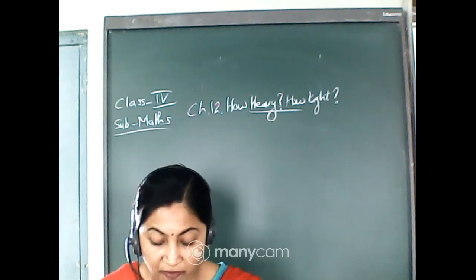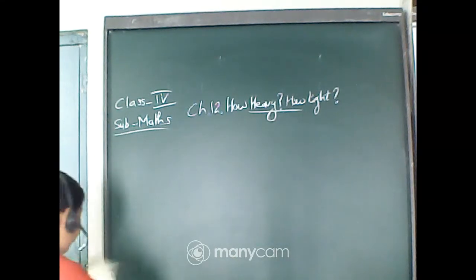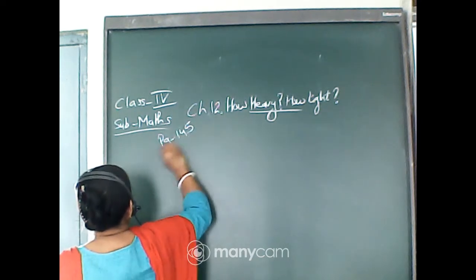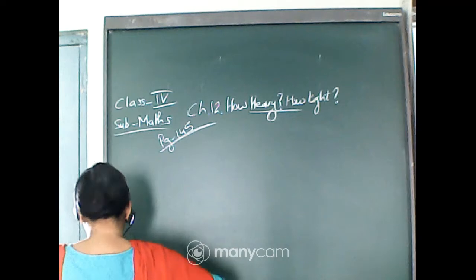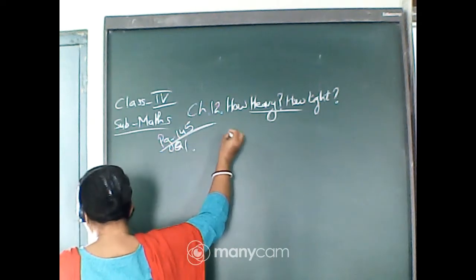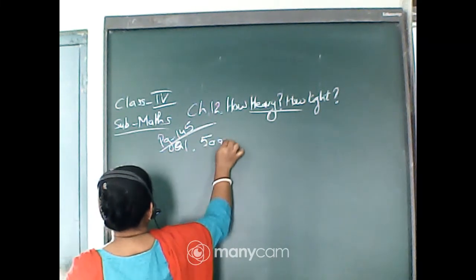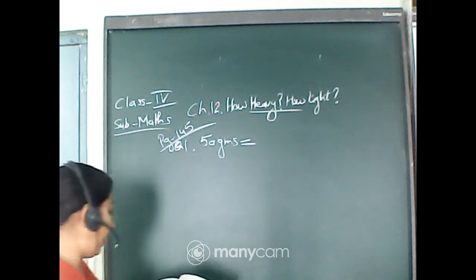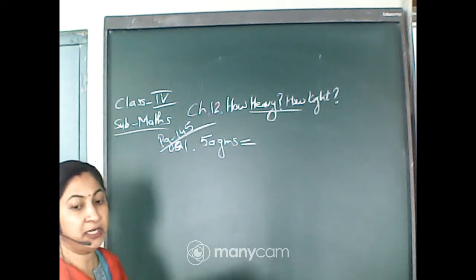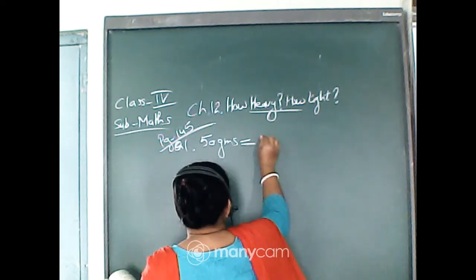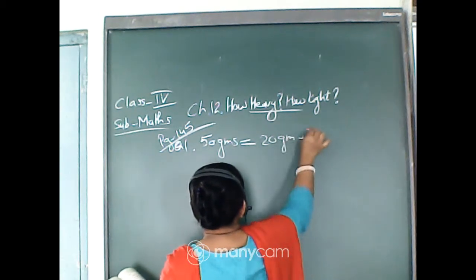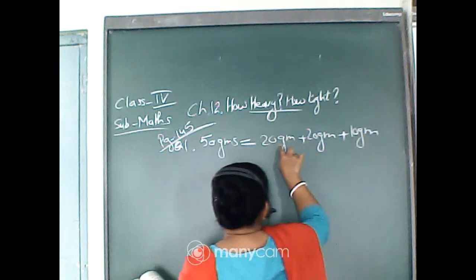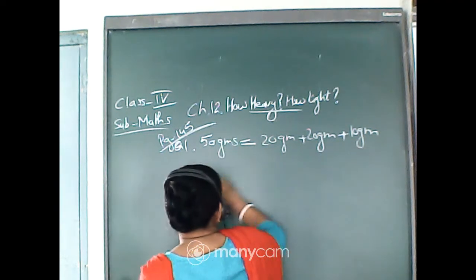Okay. So for 50 gram, this is page 145. Question number 1. It is given here 50 grams, isn't it? Now you have to break this 50 gram. So how can you break? You have to break in 20, because here it is given for 20 grams, isn't it? So you will break it for 20. So 20 grams plus 20 grams plus 10 grams. 20 plus 20, 40 plus 10, 50 grams. So we have balanced the 50 gram.